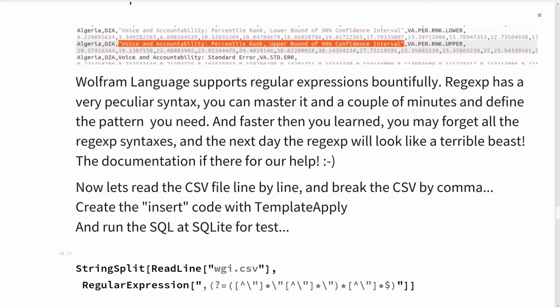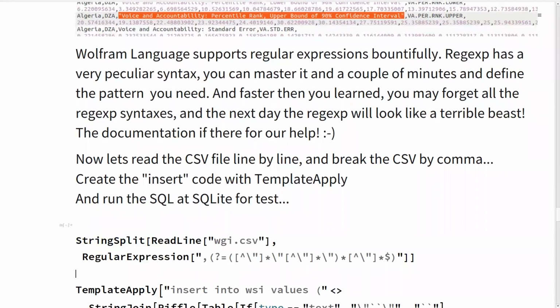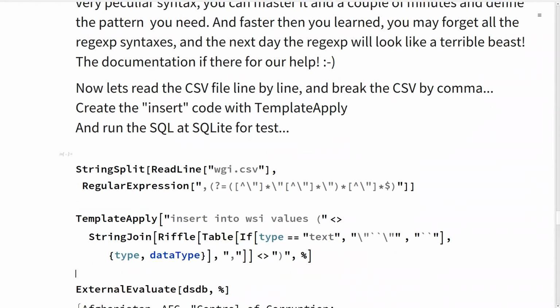And then, let me show here. This is the read line breaking up the data with the regular expression. And here we are finally building the insert, checking if there are or not double quotes and using it and removing it as needed.